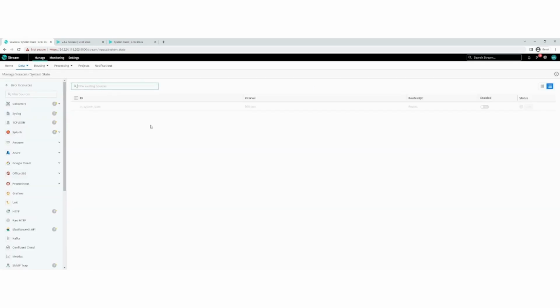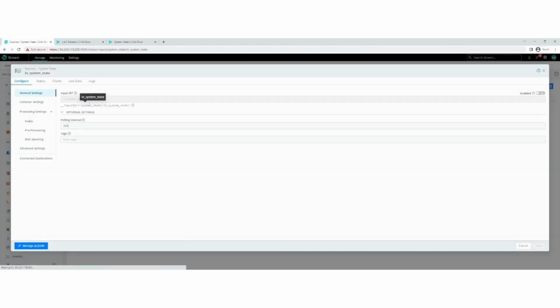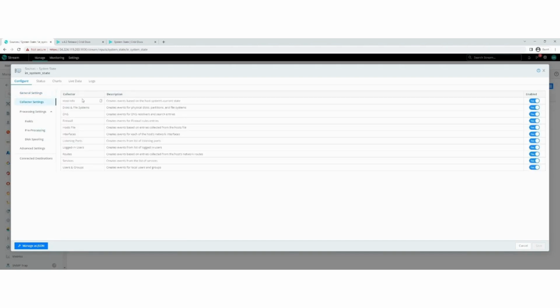Let's look at system state first though. It's a quick and easy input. Here's some options such as the polling interval, right, under general settings. And under collector settings, you have a lot more options to enable or disable. I'm just going to leave them all enabled by default. But just a quick